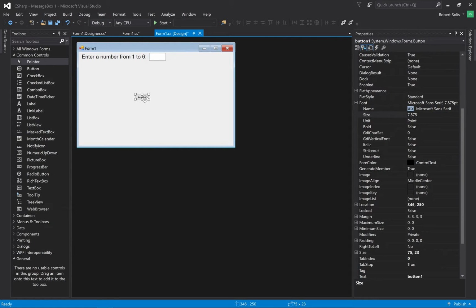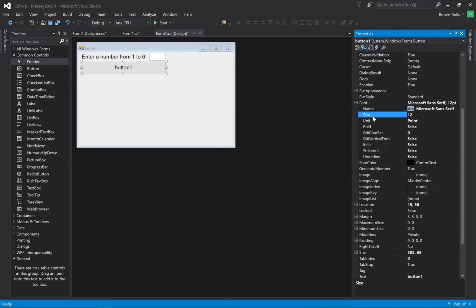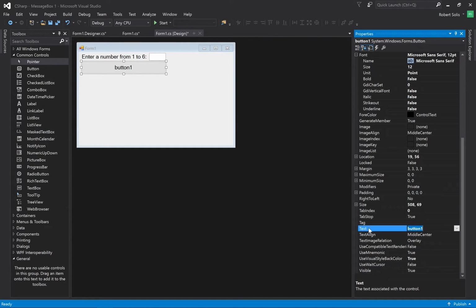Then I have this button, and I'm going to resize the button so that it goes all the way to the right-hand side where that text box is. Left-hand side, you can see the blue line over there. And let me move it up a little bit. That looks pretty good. And I also need to change the font size for the text box. I'll type in 12 points for the size, and now I have this. Let me go ahead and change that text property to submit,